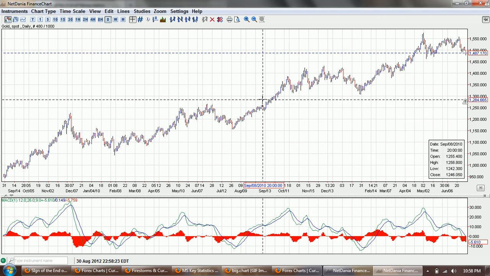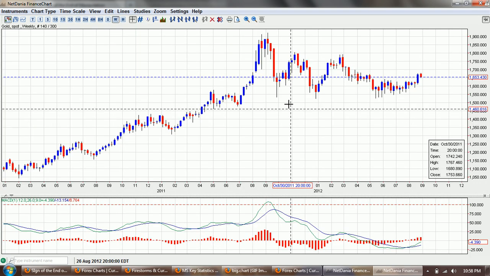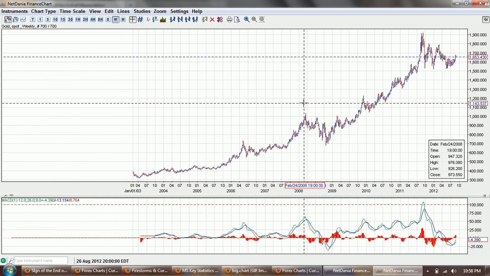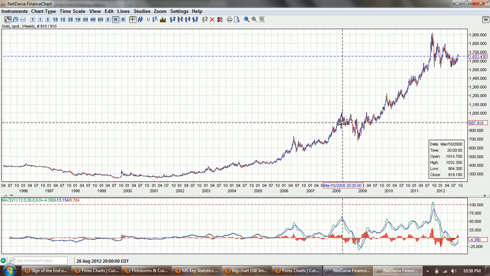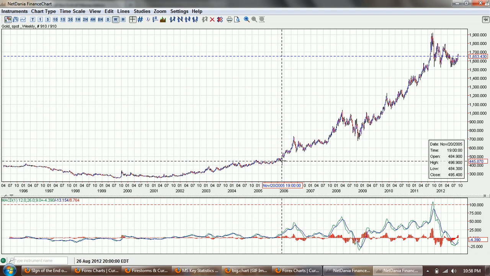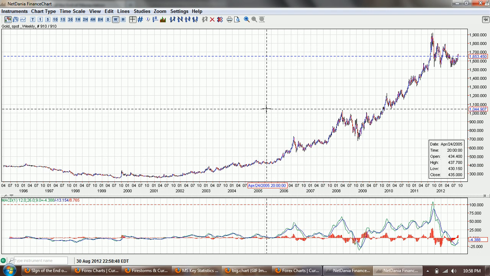$6 rule was cast aside, then all bets were off, and of course we're moving in much larger multiples of that $6 now. I believe it was somewhere around in here. This is a weekly, so it's not going to give us the figure, but you can see that the open was 504 and the close was 525. Not sure when that $6 rule stopped functioning, but it did eventually stop functioning.